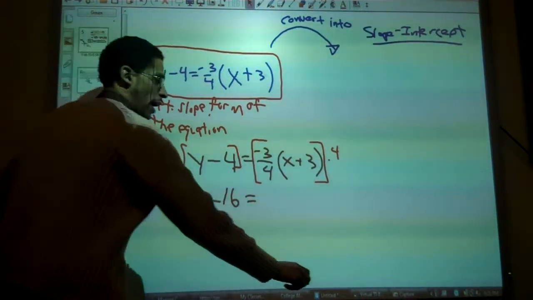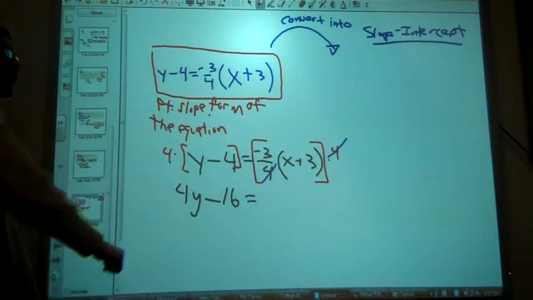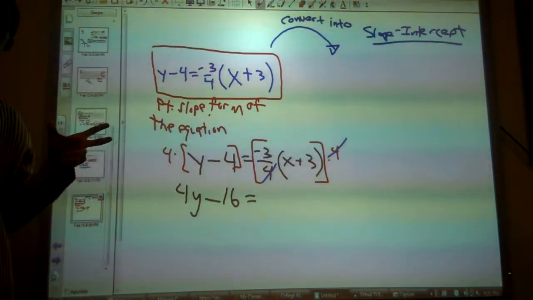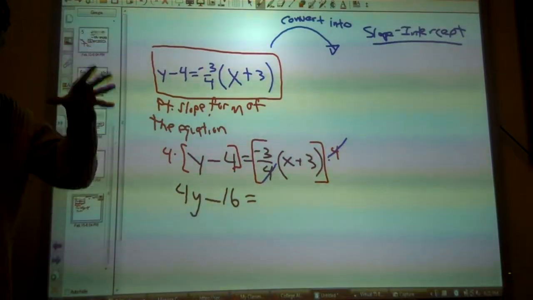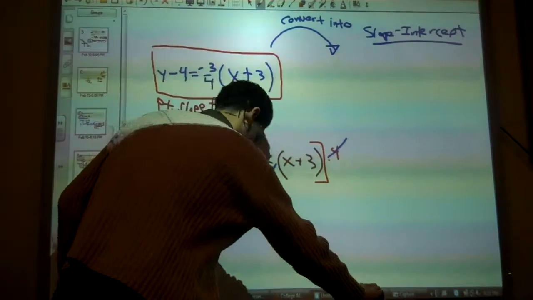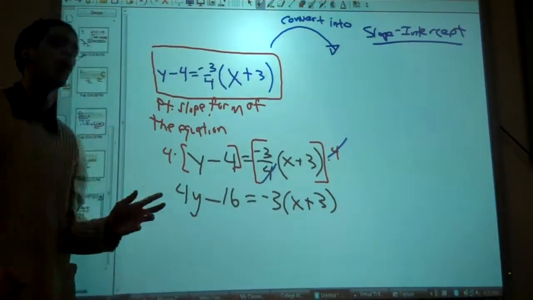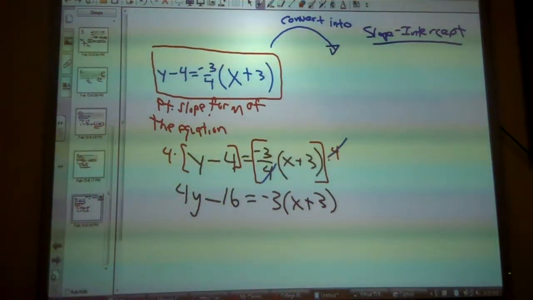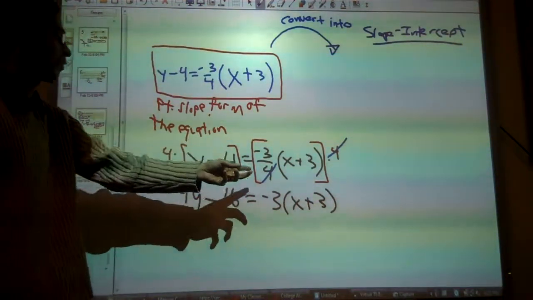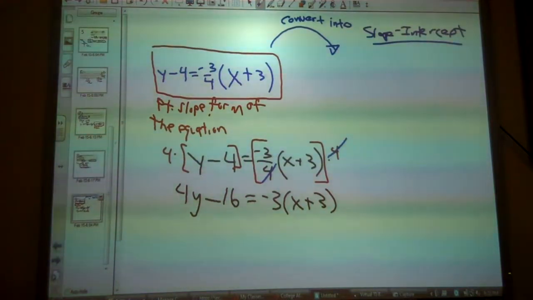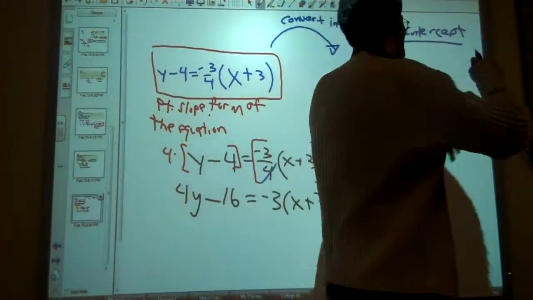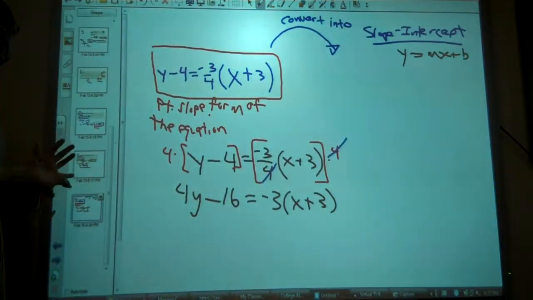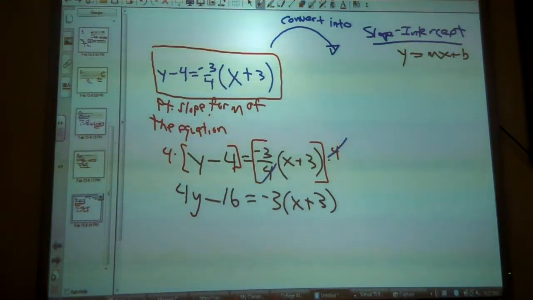On the right-hand side, though, when I multiply by 4, it will accomplish the goal of getting rid of the 4. I don't then, again, multiply the 4 on the inside. It's now gone. And what's left is the negative 3 times the parentheses x plus 3. It accomplishes your goal of now you have no fractions. Everything's on one line, no division bars. So the negative 3 doesn't turn into negative 12? No, because we took away the 4 from the denominator. Nothing wrong with leaving it as a negative 12, but then you have to keep around the 4, and that defeats the purpose. Okay, we're almost there. Remember, the deciding thing that makes slope-intercept work is that it's y equals whatever, some mx plus b. So we know we're done when we can get y equals. Okay, we have 4y minus 16 equals